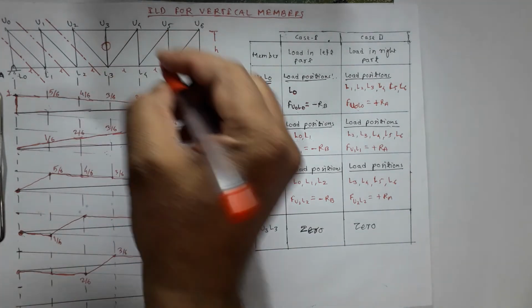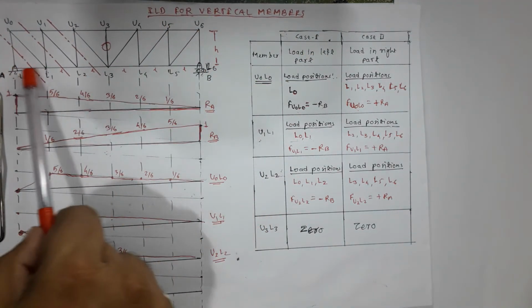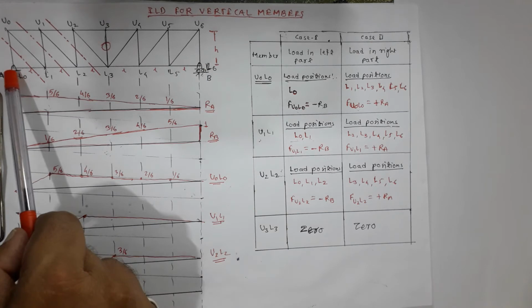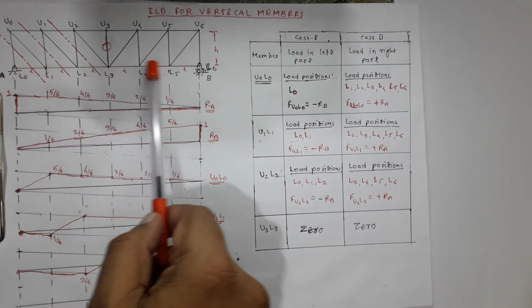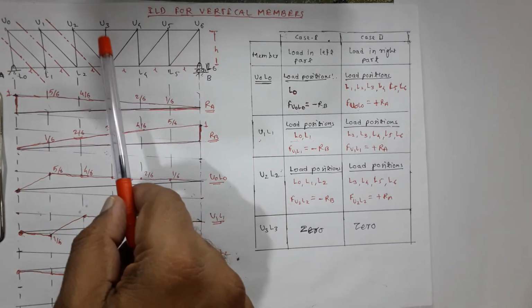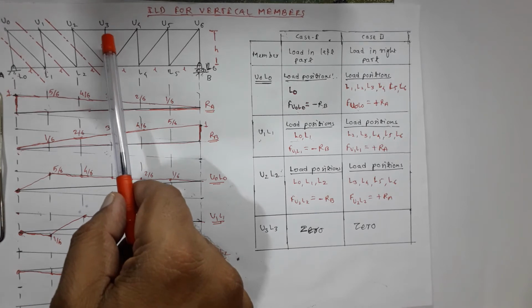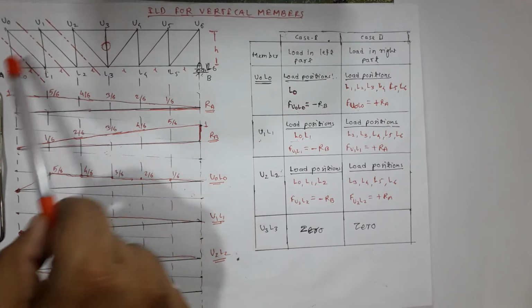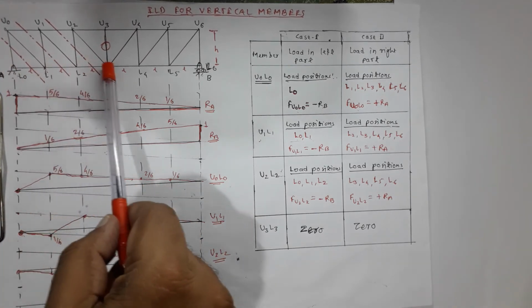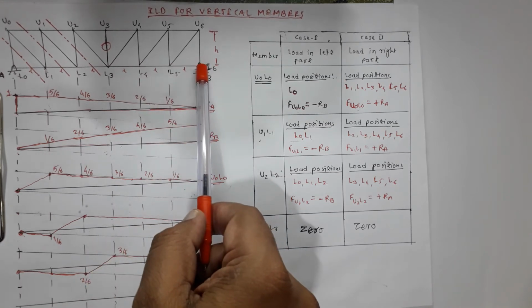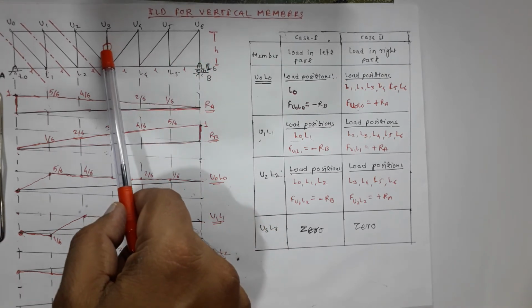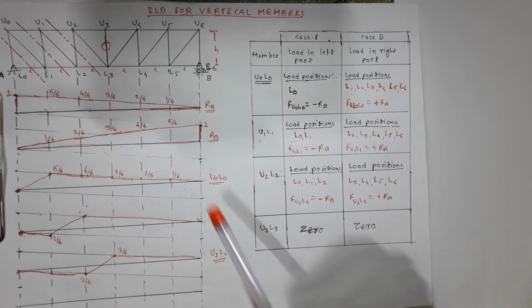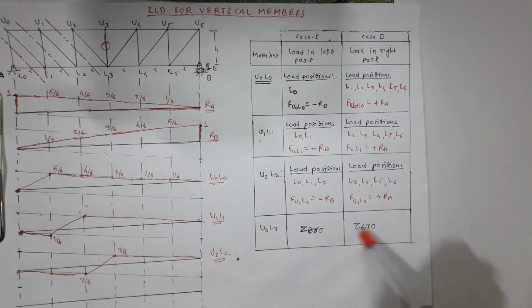Remember it well. The type of truss is a through type of truss. The load is moving along the bottom chord line. Now this vertical central member is a zero force member for every position of load along the bottom chord panel points. So there is no force in this member U3 L3, and that is why I have shown it as a zero force member.